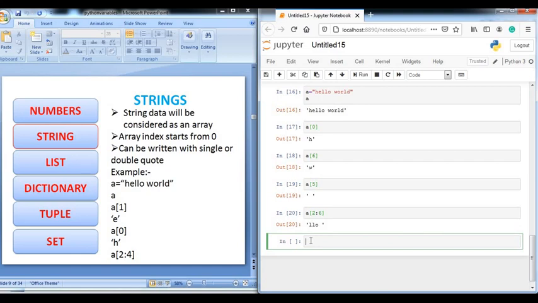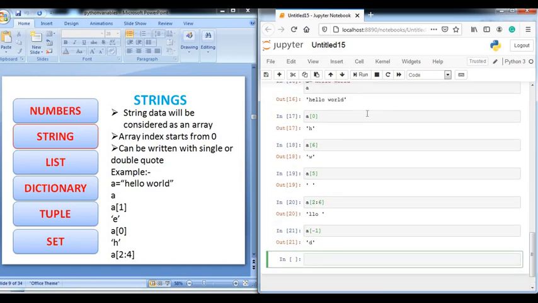One more thing, if you want to print a[-1], try this. What does it print? The last character, that is D. So here's a good feature in Python: if you want to print values in reverse order, you can start indexing from -1. -1 will print the last character, -2 will print the second last character, like this.